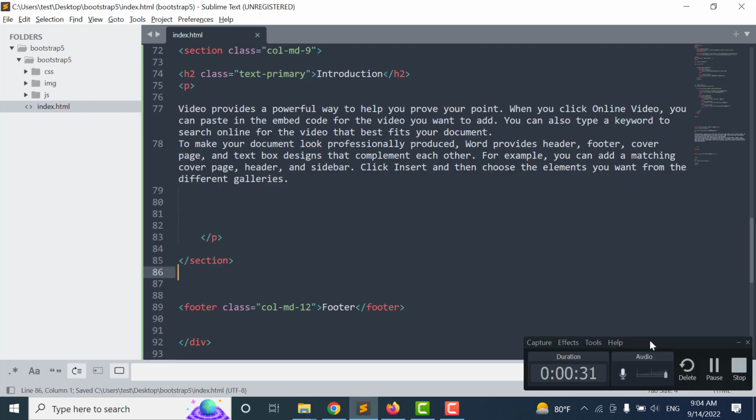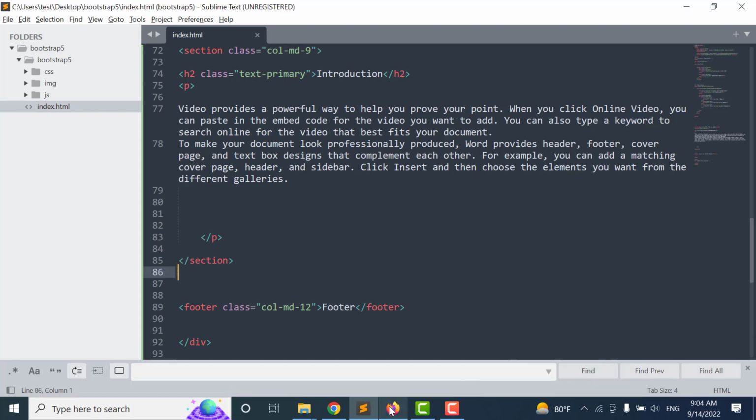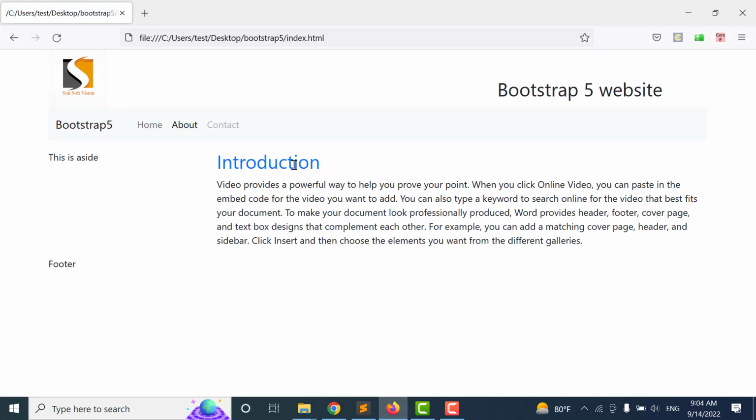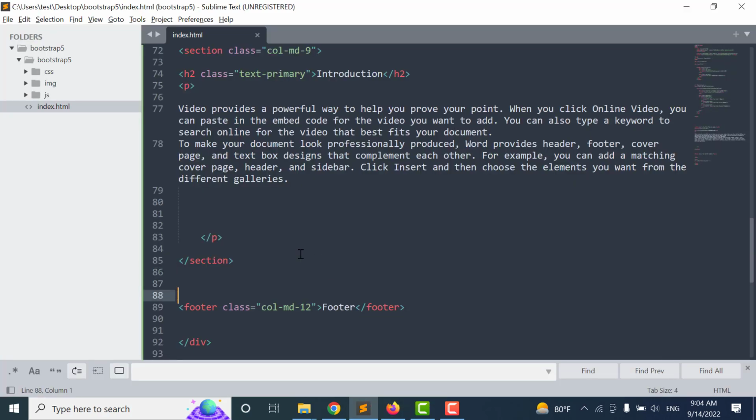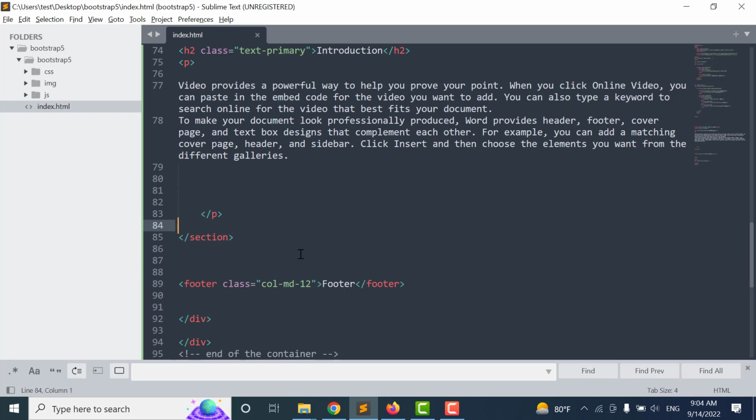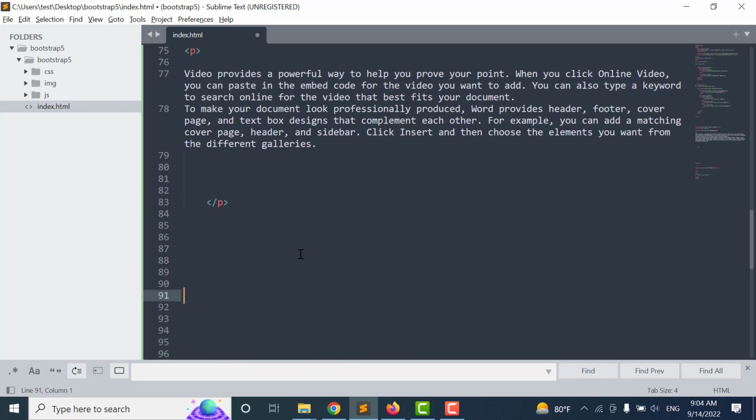So now let's refresh it and see. The color of this text is text primary. Below this text, I want to have a table. I want to put a very simple table here inside the section, and I want to put a comment and say table